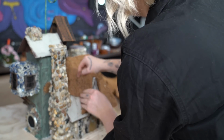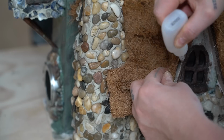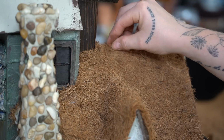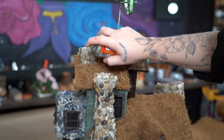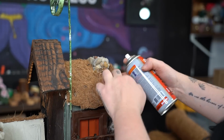But to secure it down, I was using a combination of my power staple gun, some super glue, and a spray glue. Now obviously I didn't want the staples showing, so I simply just added some glue onto the top of the staple and applied a little tuft of cocoa mat on top and then secured it in place with the accelerator. I gotta say, I wasn't sure if this was gonna work, but it really did come together nicely,